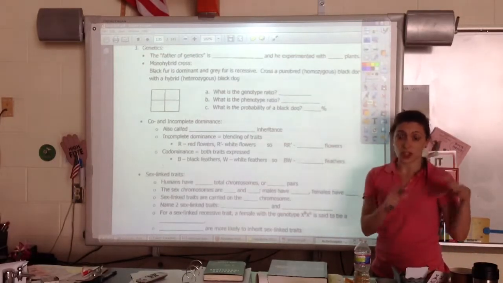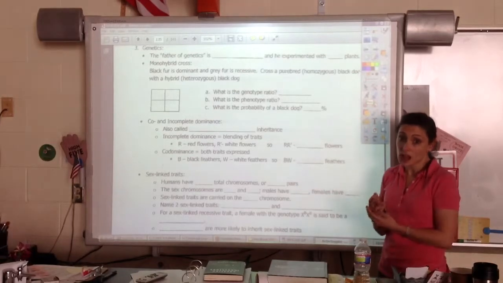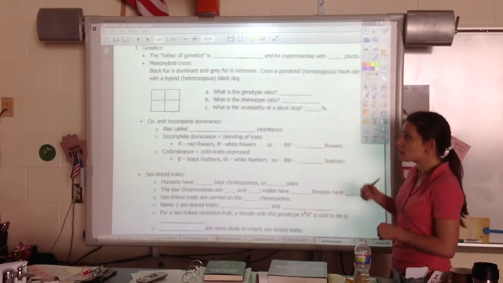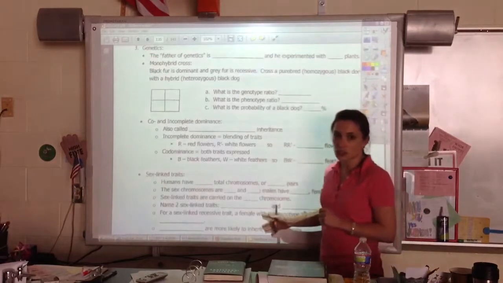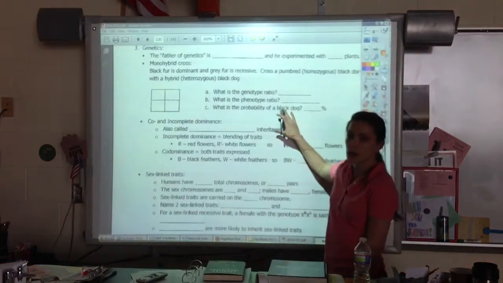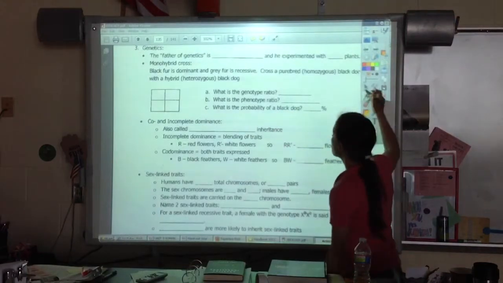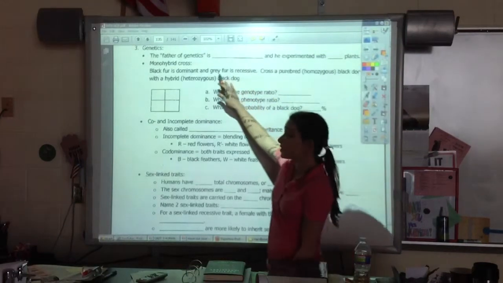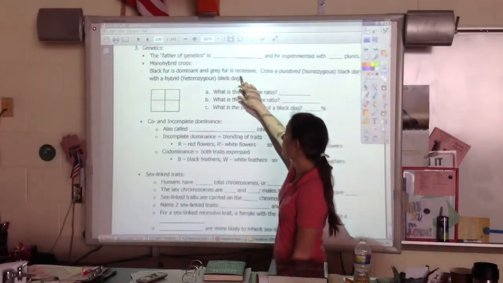Setting out in little chunks, little pieces, will be a lot easier, a lot less daunting. I want to go back to this section. It was really on a little bit of the last video, but I wanted to work a couple of genetics problems with you. So if we look at this first one, monohybrid cross, black fur is dominant, gray fur is